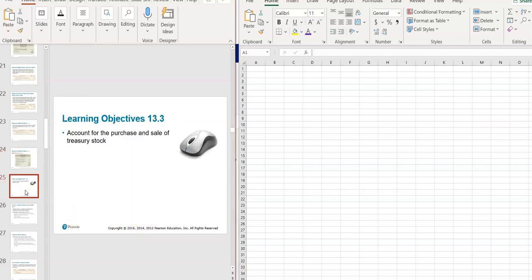Next up is treasury stock. We're skipping that. All right, so treasury stock. Treasury stock